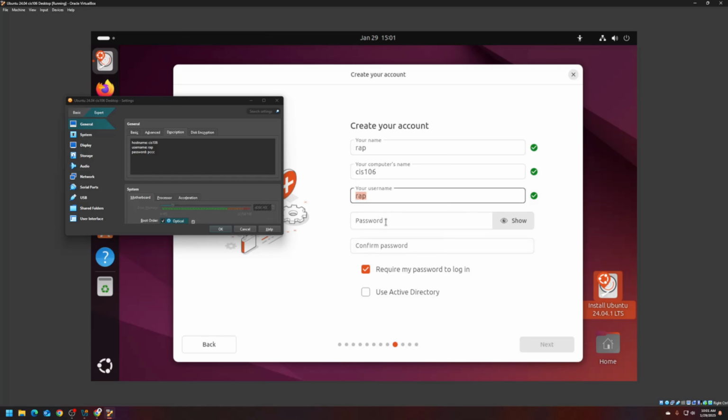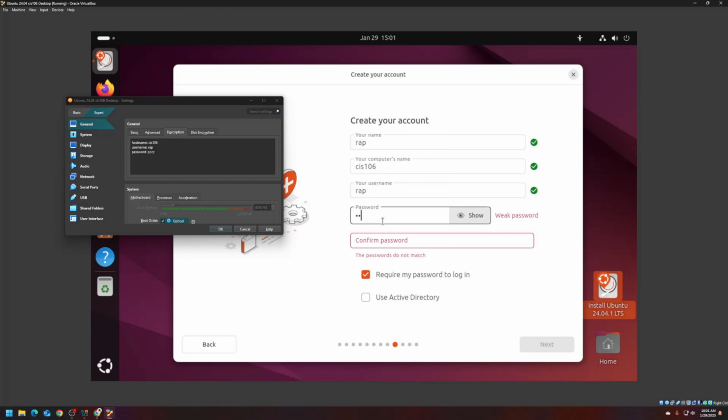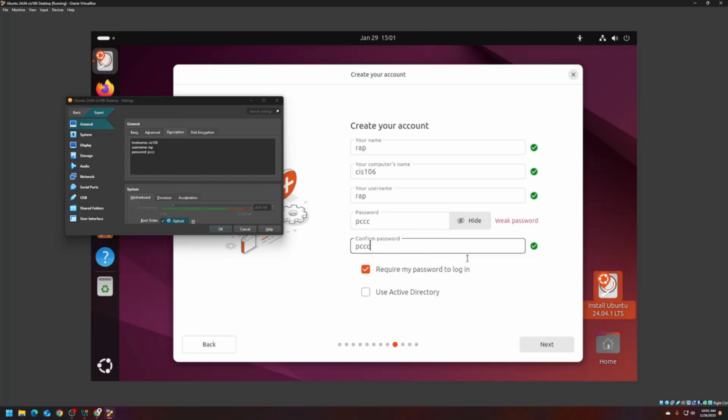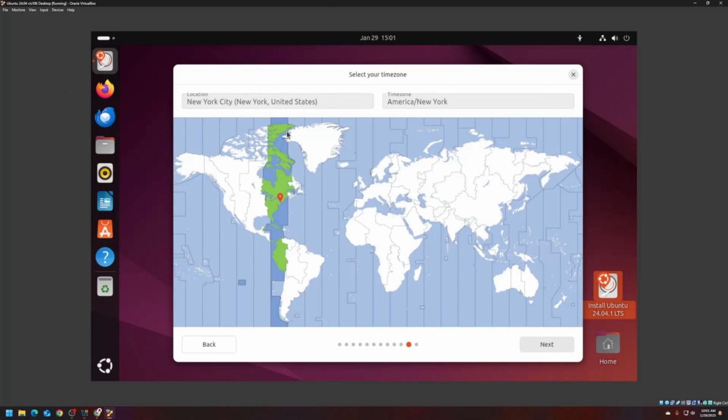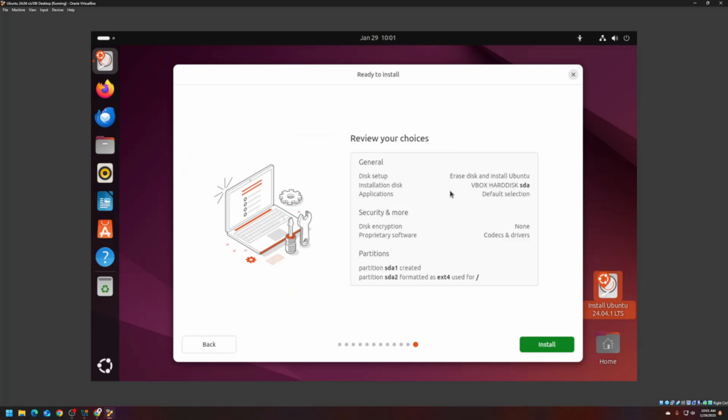And your username is gonna populate automatically, and here your password. Again, super ultra secure, not even NASA can hack it. Does it match? Yes, it matches. Yes, it's weak. Click on require my password to log in. Yes, we want to type our password to log in, and click on next. Now I'm just gonna close this out of here. The locale is gonna be selected automatically based on your location, so we're gonna click on next,